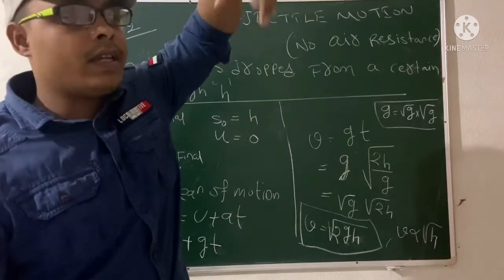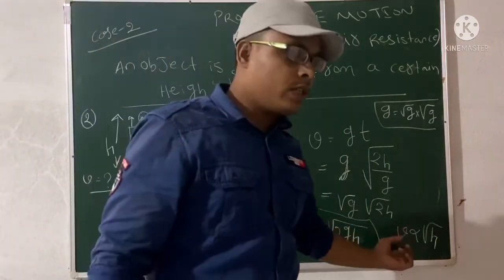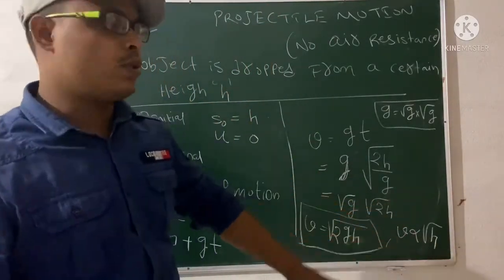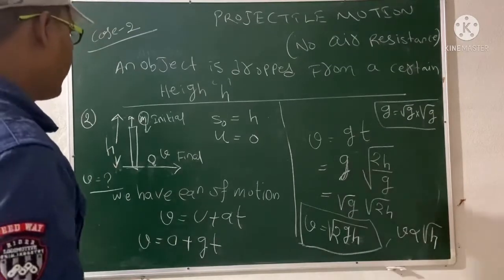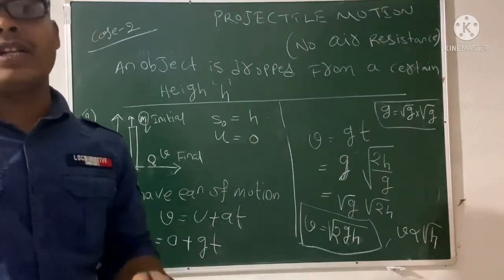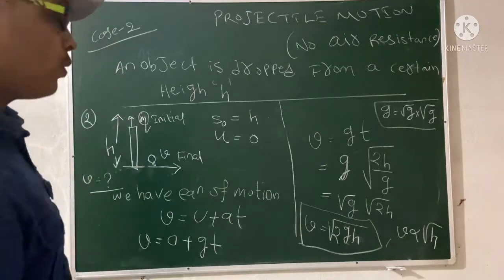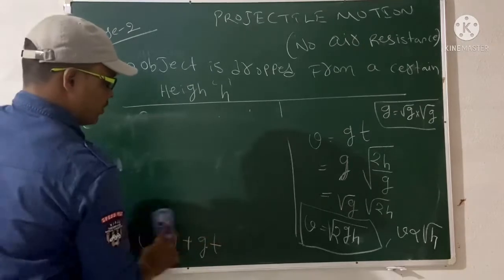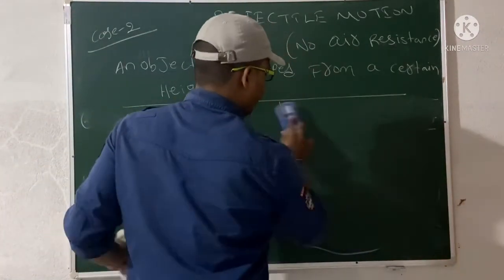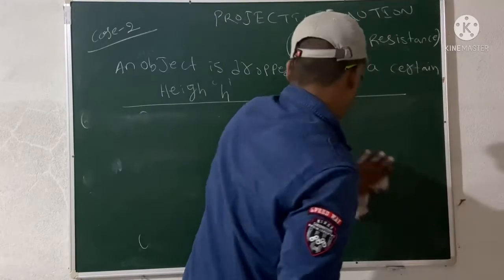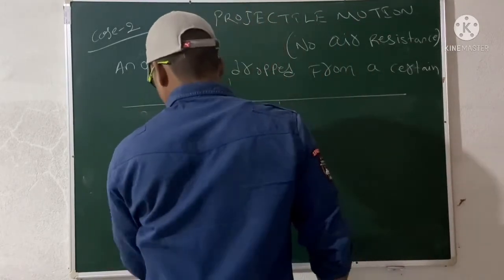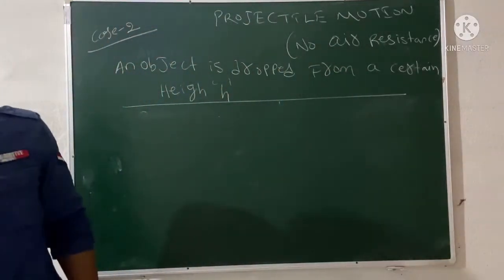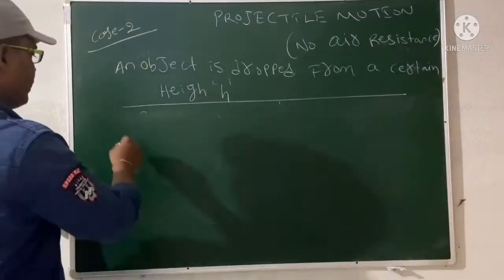It depends upon the height from which it is dropped. If it is dropped from the maximum height, then it will take maximum time, and the velocity to hit the ground is also maximum. Initial velocity is 0, but final velocity is square root of 2gh. So this is the velocity. The second thing, with what velocity it will reach the ground, the answer is square root of 2gh. So this is the second part of the projectile motion. So these are all the things about the second case, and one more case, your third case about the